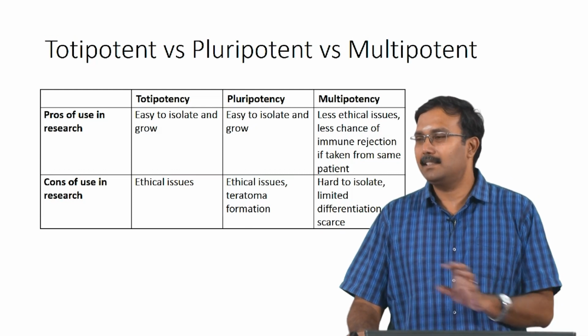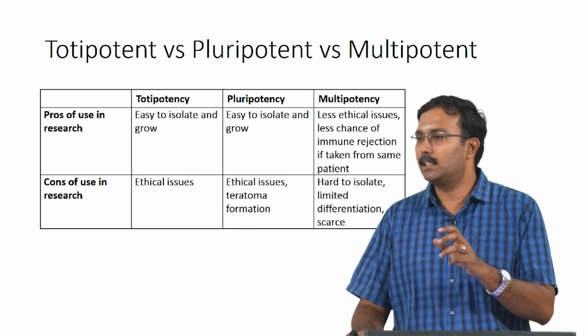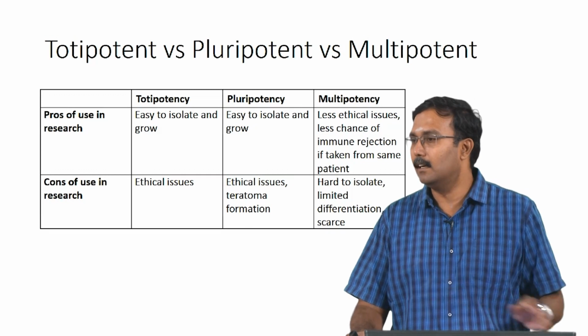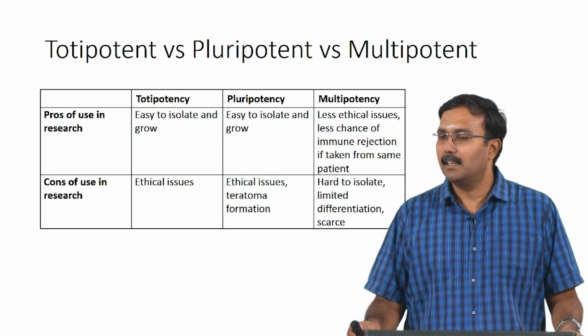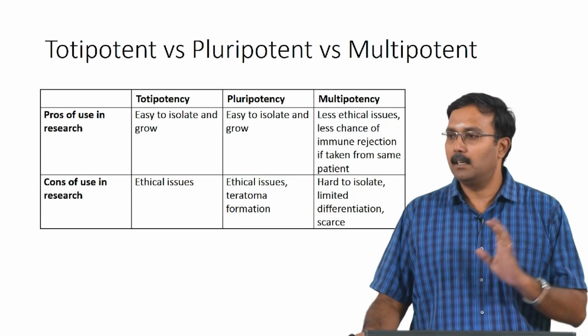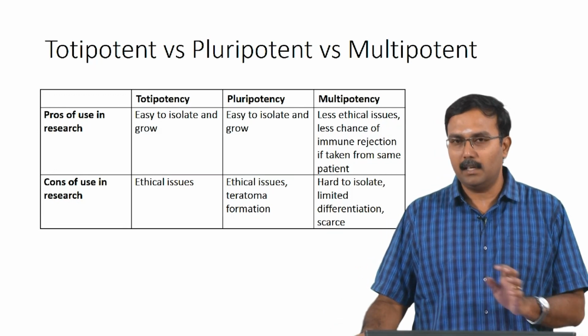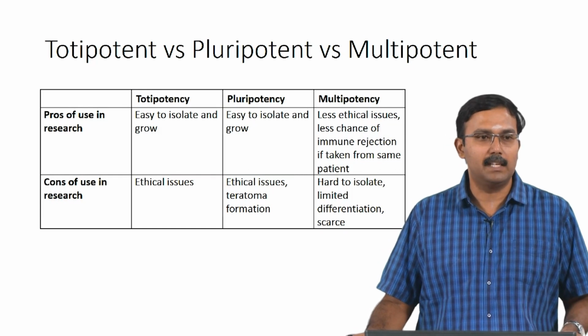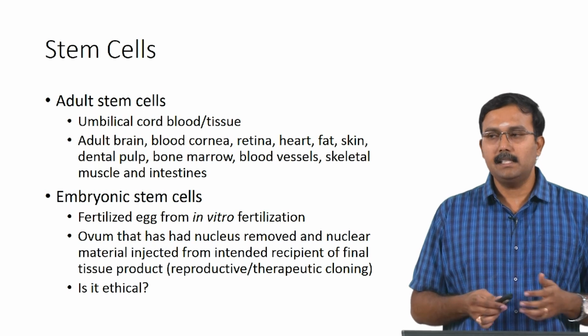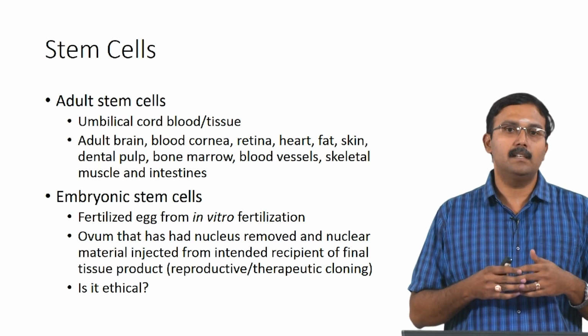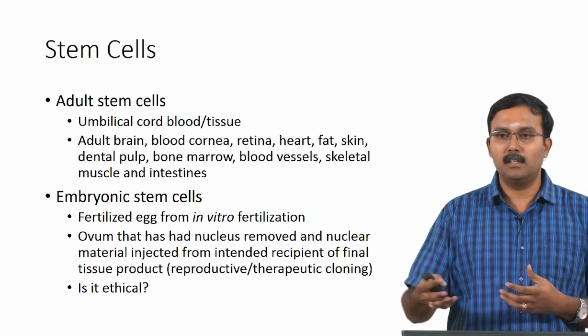So, teratoma is like a cancer tissue which contains tissues from all the three germ layers. Okay. It is a problem with embryonic stem cells specifically, and iPSCs may also have the same problem, but people are trying to understand that. So, see, adult stem cells are primarily obtained, a large source is the umbilical cord blood or tissue,